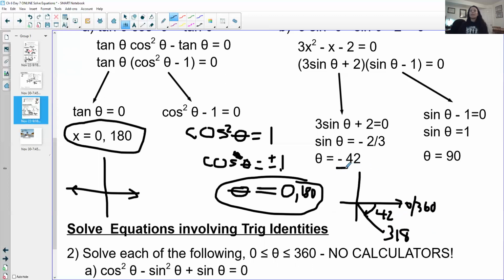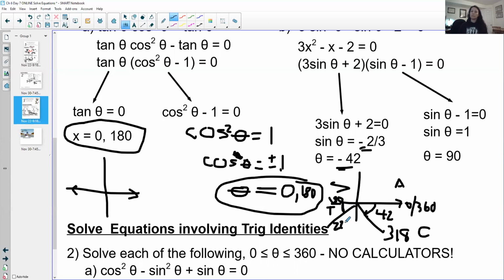I'm looking for anywhere that sine would be negative. CAST. Sine is negative down here, and sine is negative down here. So I would also have the 42 degrees here, which would be 180 plus the 42, which is